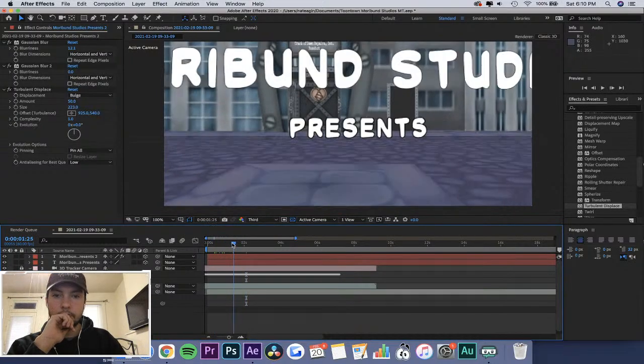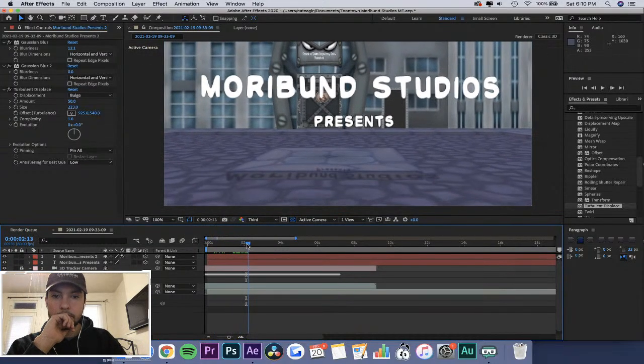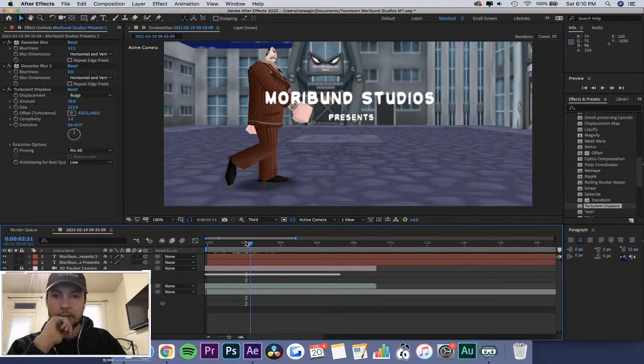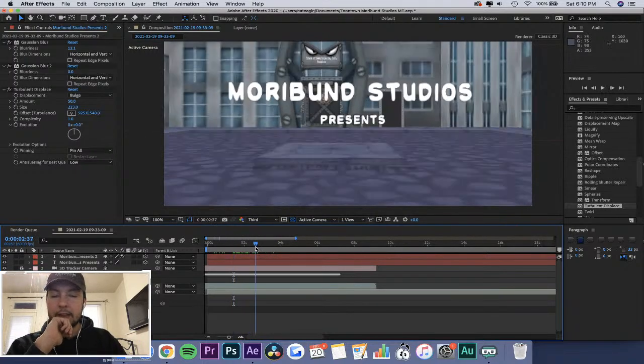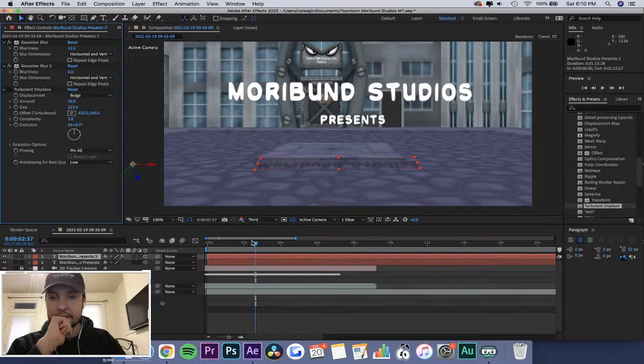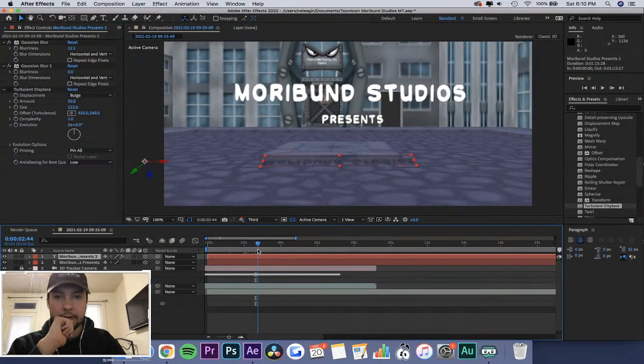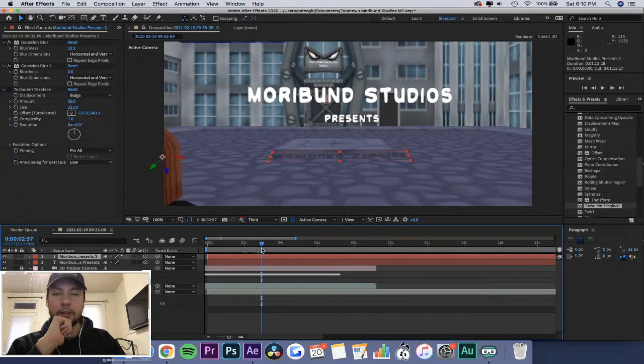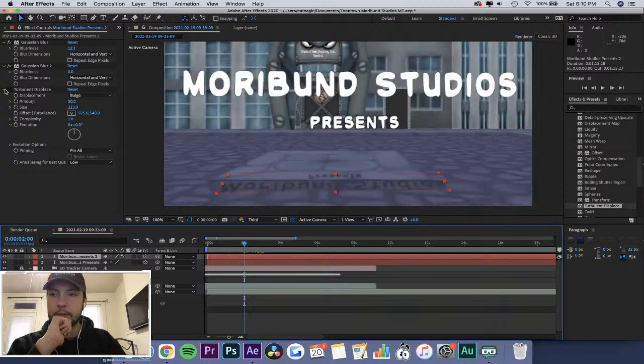Hmm. Yeah, that's definitely not working. I didn't even think about this problem: if I use this distortion effect, it actually has a hard time tracking too. You can see when I take this off, it's tracked perfectly, but it was weirdly distorting on the motion track.